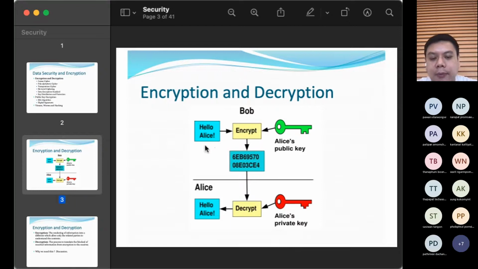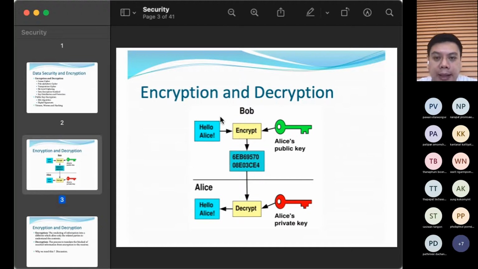This is the word that Bob would like to send to Alice, but he doesn't want other people to see that information. So that's just a real case of security. The idea is that on Bob's part here, he's going to use encryption. What is the idea of encryption? It is this: you have the message.